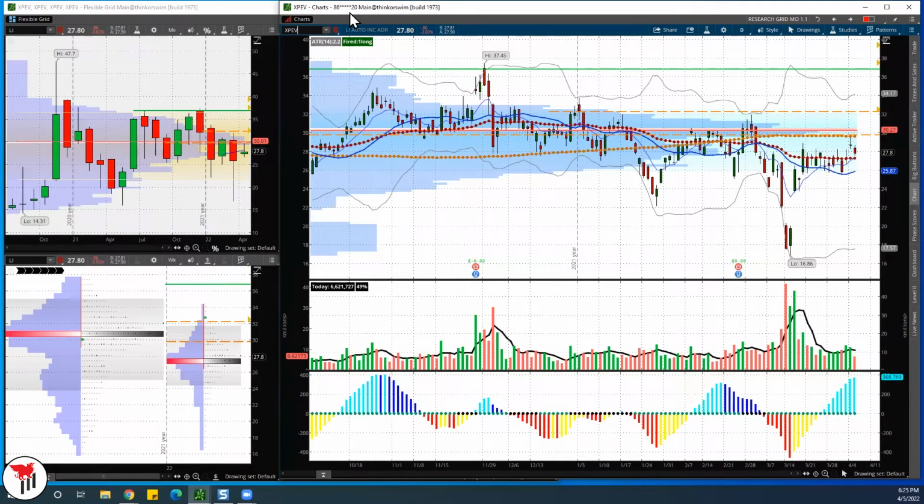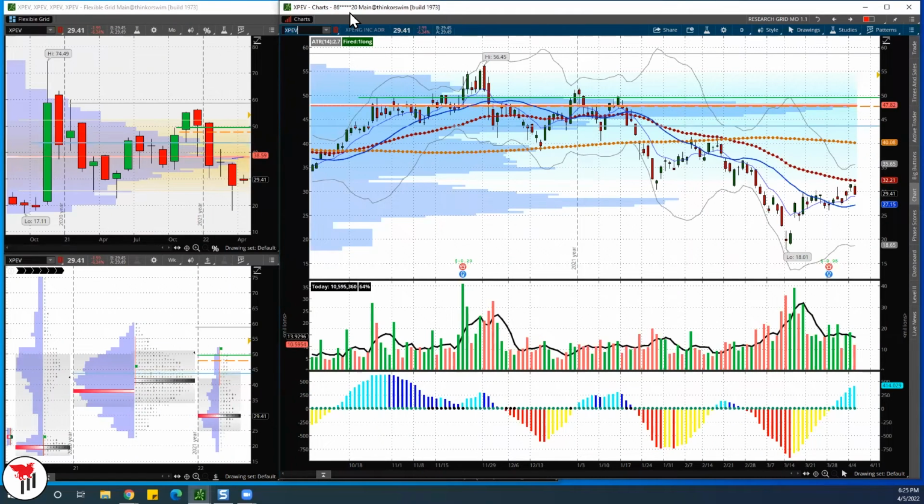XPEV, I think it was in play yesterday. Trying to put a reversal. Earnings is out, which I like. I got a level right there, 38.58 on the monthly. 32 for 35, 32.21 reversal, please. Mark it as reversal, right? So I need a catalyst and I need volume to go on that one.